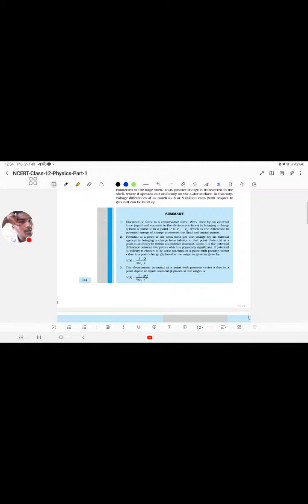Potential at a point is arbitrary to within an additive constant. Since it is the potential difference that is physically significant, if potential at infinity is chosen to be 0, potential at a given point is q by r. The electrostatic potential at a position r due to a point dipole of dipole moment p is k p dot r by r square. For a charge configuration q1, q2 up to qn, with positions r1, r2 up to rn, the potential at a given point is the sum of the potentials due to each charge.